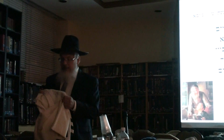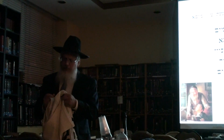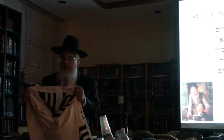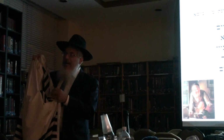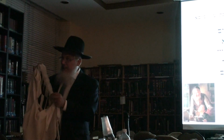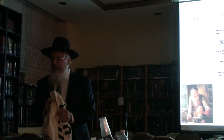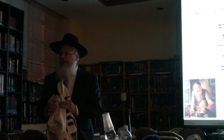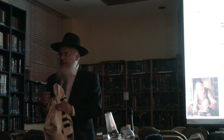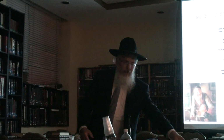So the boy who gave the shir mentioned that, and after the shir, an older person came and asked that he check his talis, and this was the actual talis. He said a piece of material was added by a cleaner in Borough Park, and he looked at it, and the piece that was added was a pure piece of linen. So he brought more talesim to be checked, and it was nispara. He had 6 talesim that he had fixed over a period of 10 years, and they had all been fixed with linen. So we contacted the cleaners, which happened to be a Yiddish cleaners,